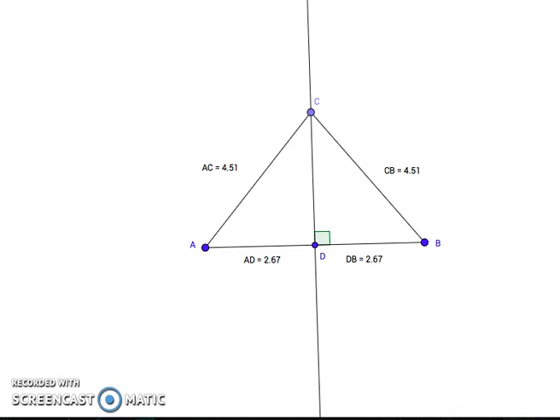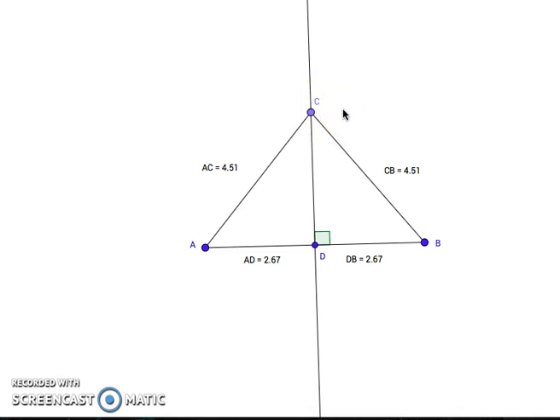So if we look at the image that we have right now, we started with a line segment AB, okay? And then we had the midpoint of segment AB is point D. We drew a perpendicular bisector here, and there is a point that lies on the perpendicular bisector, which is point C. Okay, so let's prove, we're trying to prove that this point lies on the